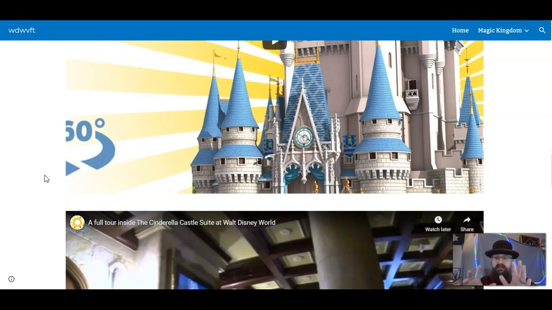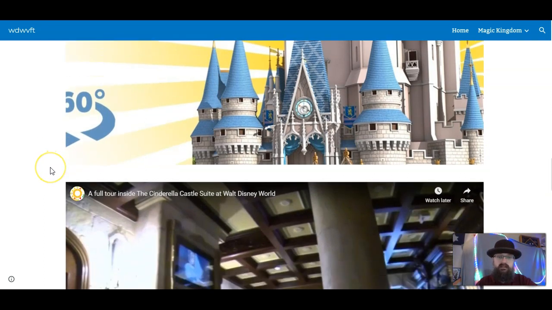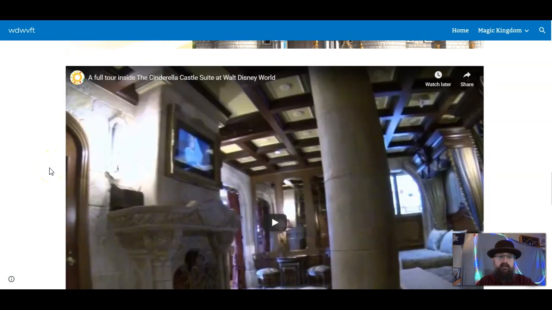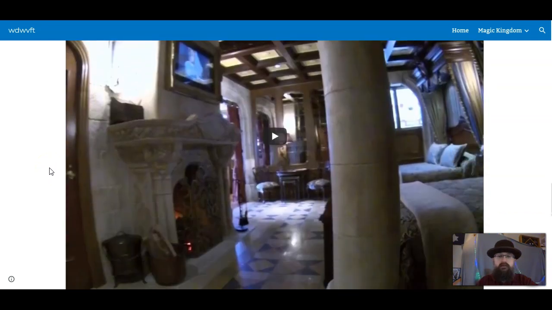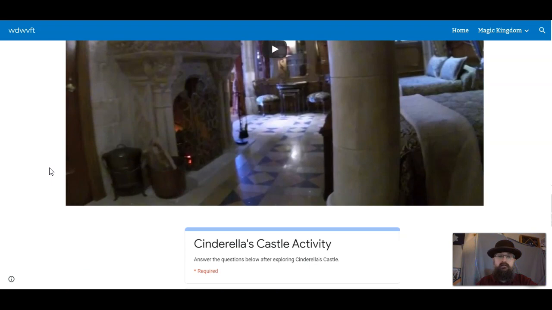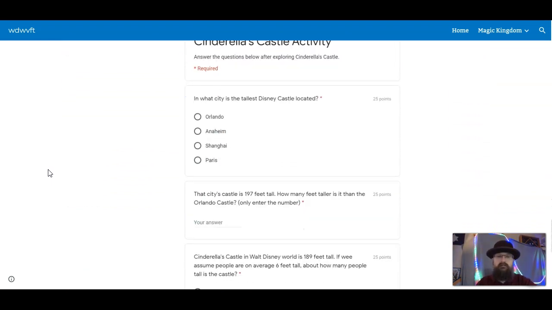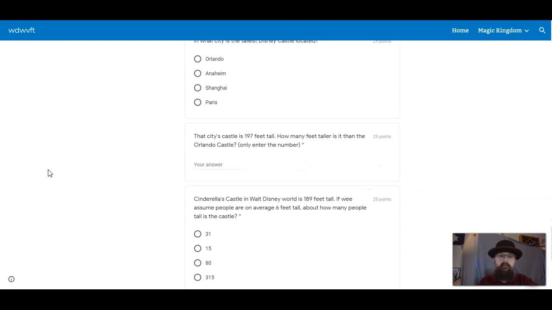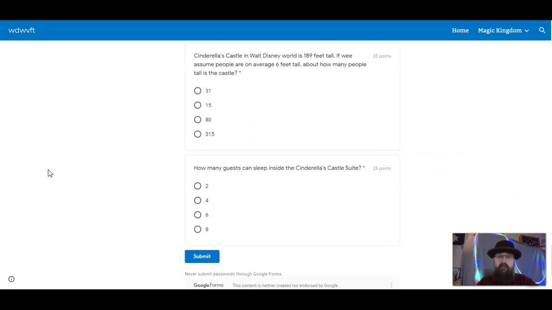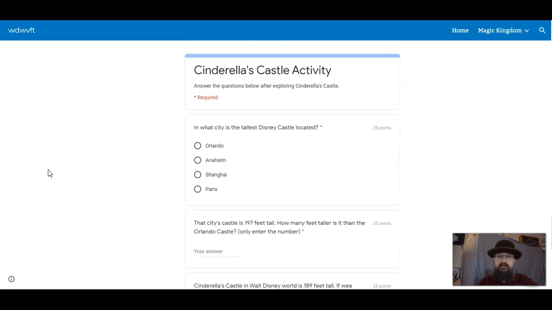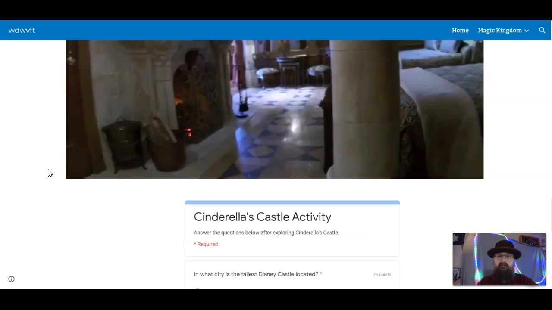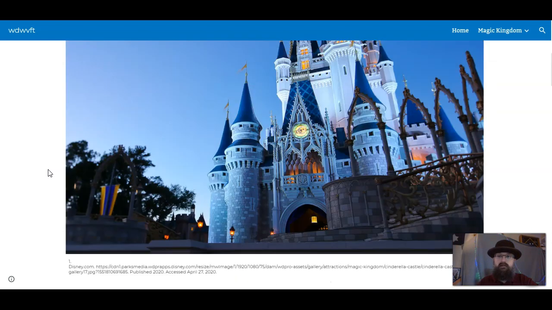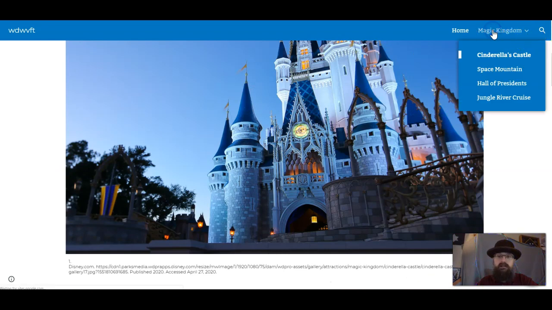It's pretty cool. It's 360, so your kids can click and drag the view around and see the castle from all over. We've got a little news story of a tour inside the guest suite of Cinderella's Castle, and then we have a little activity here that's got a little bit of comprehension and some math questions. So this Cinderella's Castle activity has some pretty basic math questions that goes with it. So let's pop back to the Magic Kingdom page,